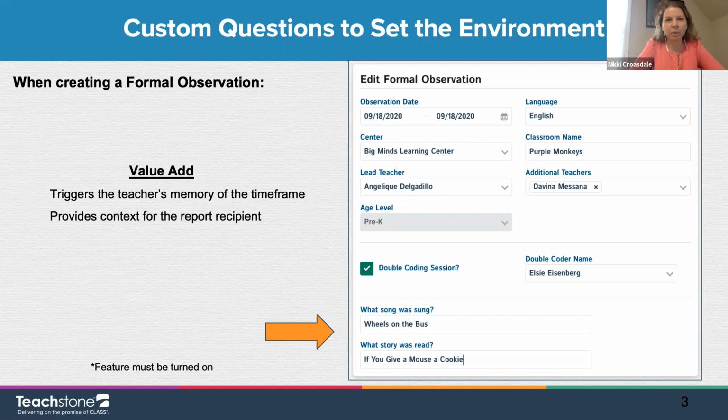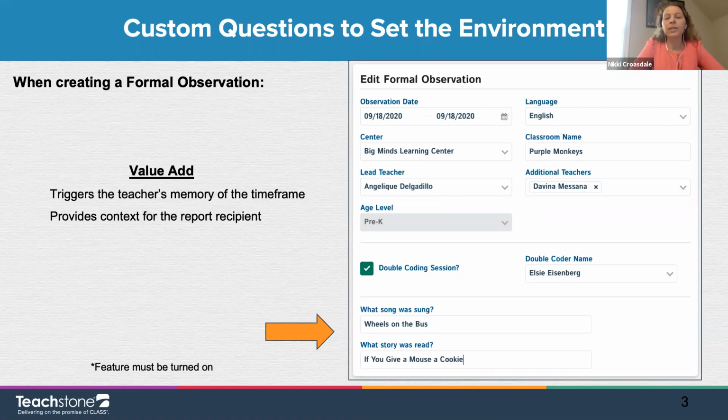Typically in most 2-hour observation blocks, you'll hear a song, you'll hear a story. If you are doing observations in upper age levels, you might choose something like what lesson was shared or what activity was done. Really anything that's applicable and relevant to your organization. But it's just an additional data point for the observer to capture here.